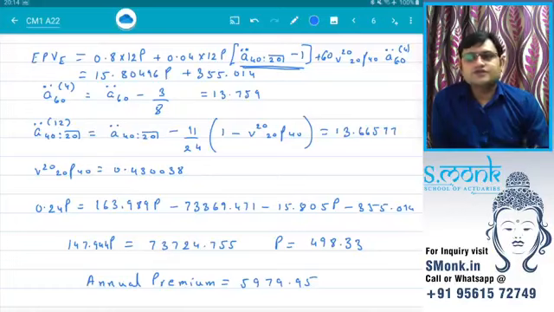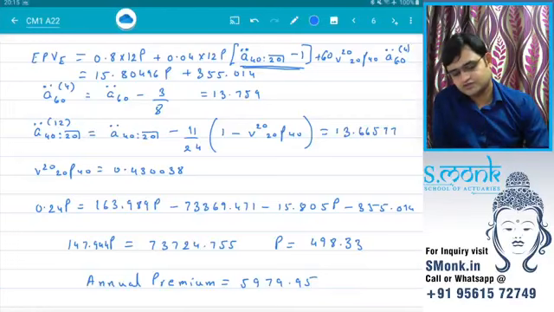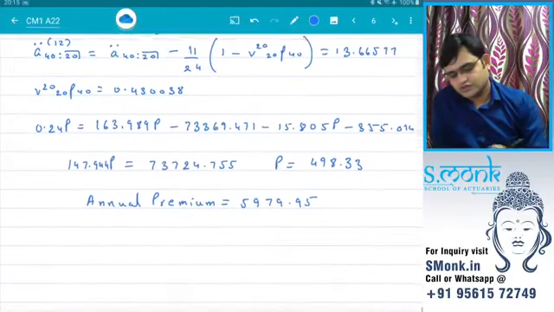Renewal expenses were paid annually. Many times, especially when our premium is paid more than once a year, we will see that our renewal expenses may also be paid more than once a year. Okay. So if I say